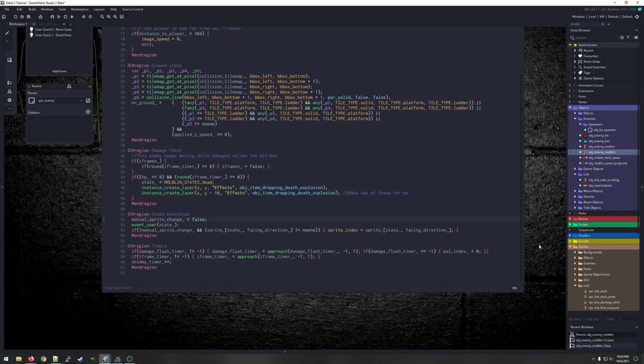State check, same as usual. And timers should have our damage flash timer, which also controls our palette index. Just remember about that. Our iframe timer. And last but not least, this shimmy timer. What does this shimmy timer do? Well,